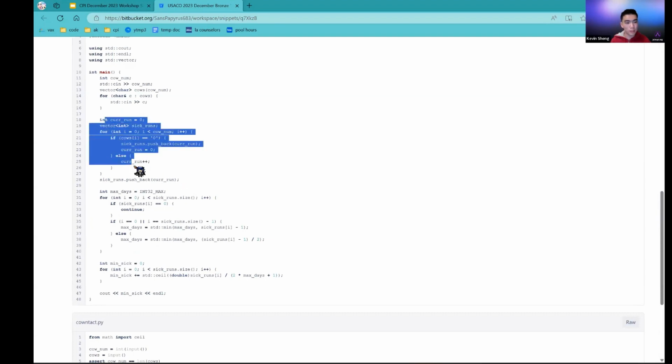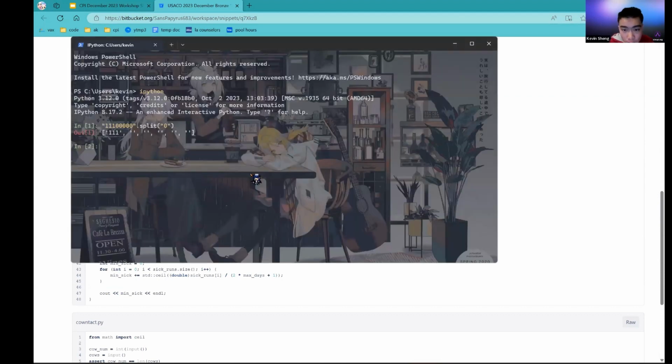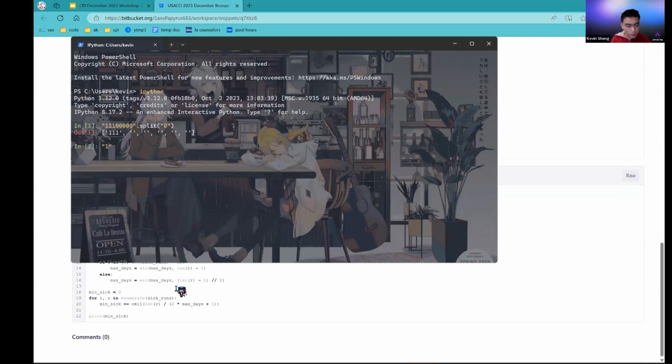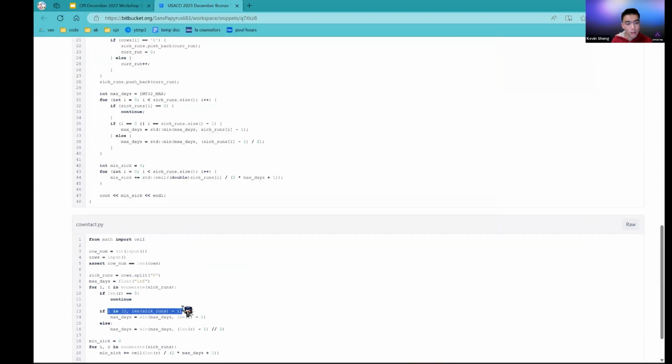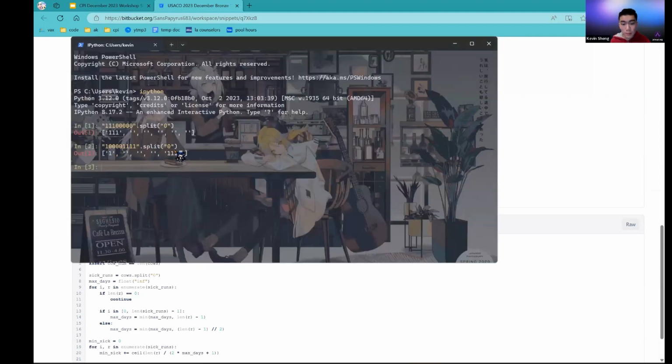A very quick tangent. If you're confused by the Python, you can just look at the C++. It does essentially the same thing. If there's one cow sick at the beginning, it would still work. I'm not sure, is there one at the beginning in your test case or no? Let's see here. If we split this at 0, then you'll see that it handles the borders correctly. There's a 1 at the beginning and a run of 1s at the end, and these are handled by the index check. If the index is 0, or if it's